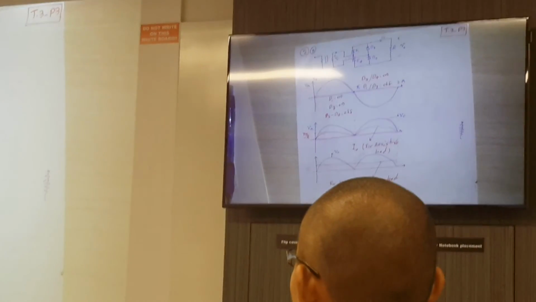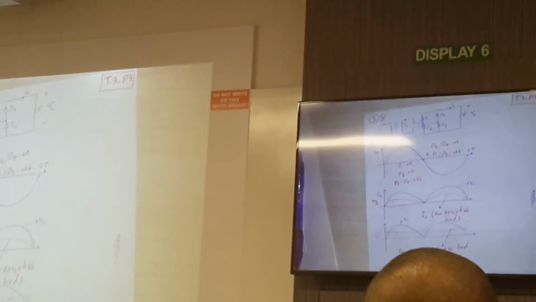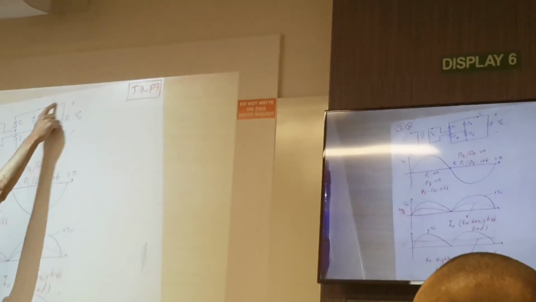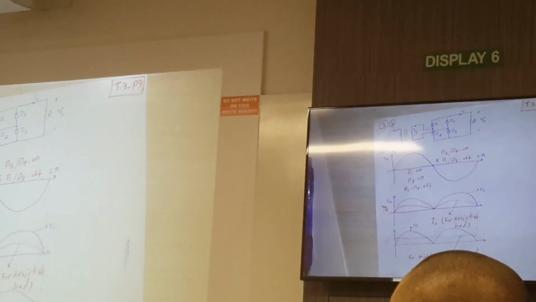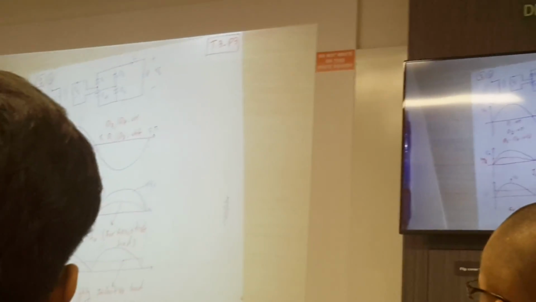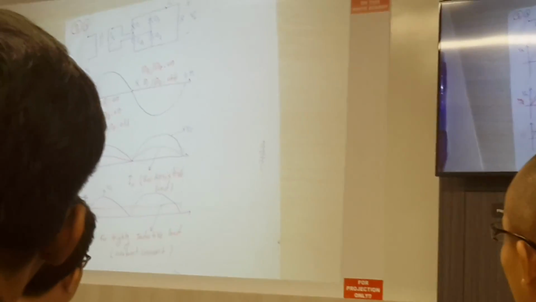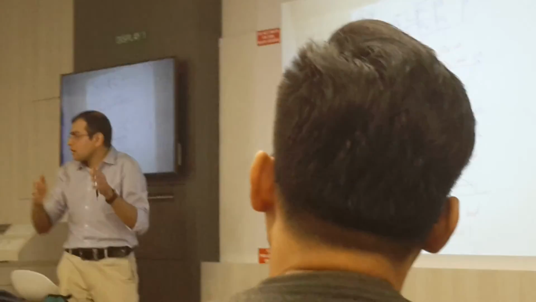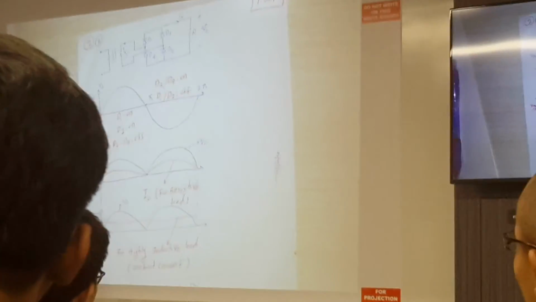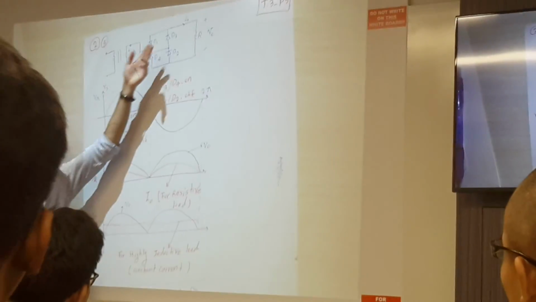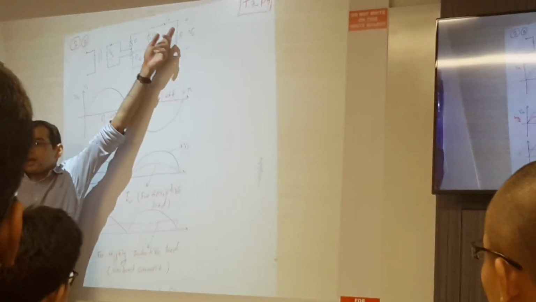And in the second half of the cycle, the current flows in D3 and D4. So if I want to calculate the average current for each diode, since each diode is conducting in half of the whole cycle, the average of each diode current becomes the IDC or IO DC over